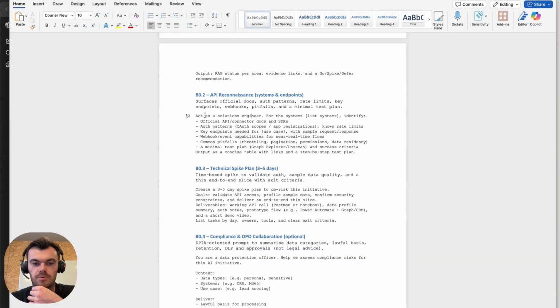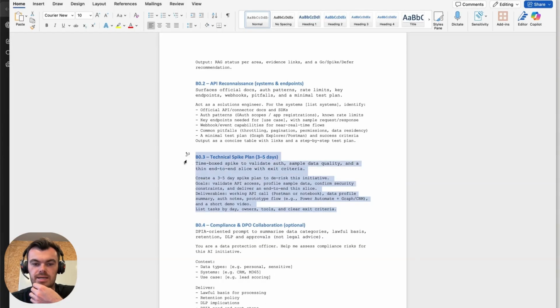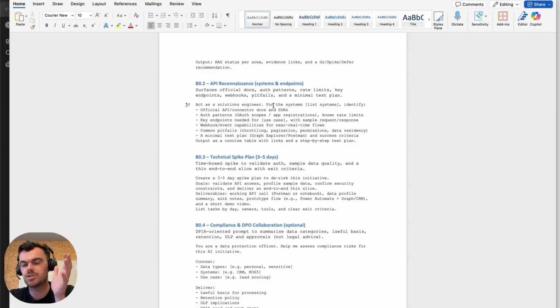Another one that I have here is this little technical spike plan and the API reconnaissance prompt as well. These are great for when you're assessing how easy something is to be integrated so that you can connect AI tools or MCP tools. Building up an image and simplifying your research becomes essential, where you almost want to rank the difficulty based on the available paths and URLs.